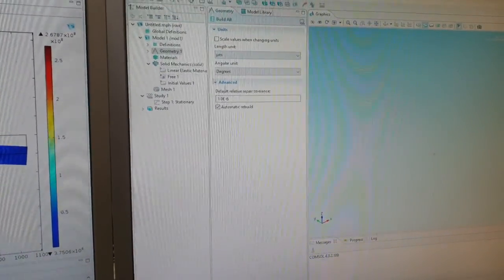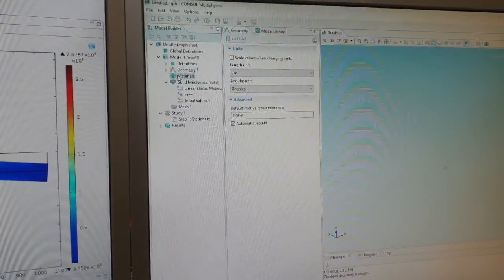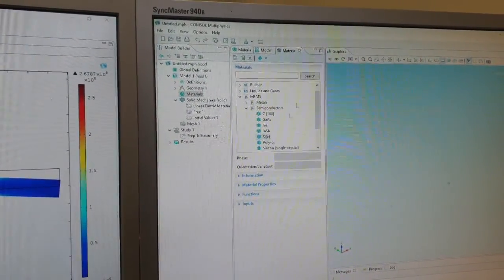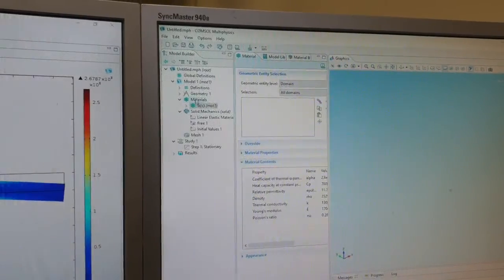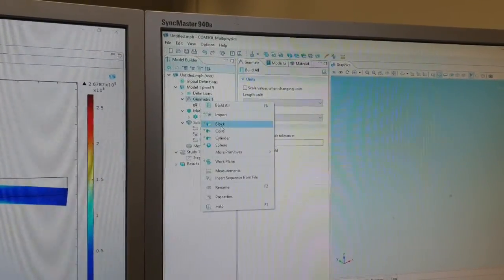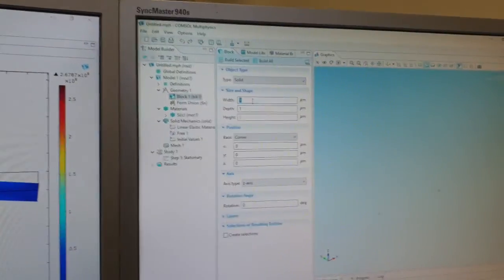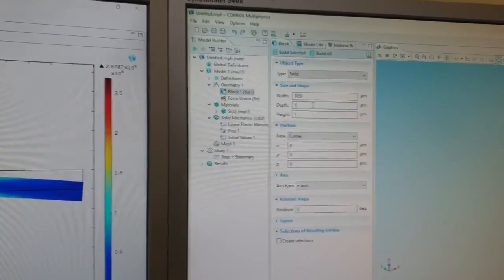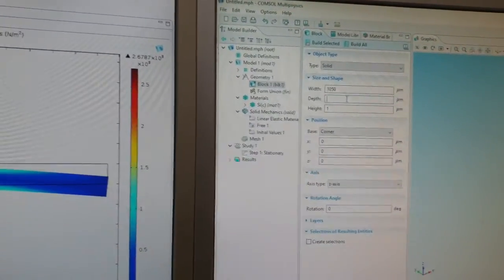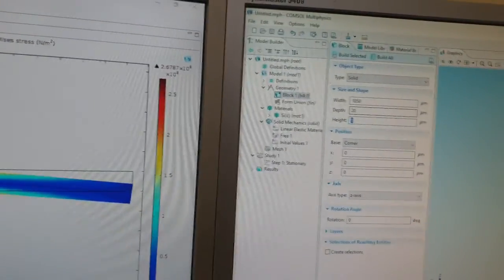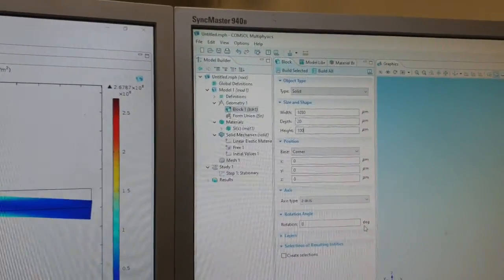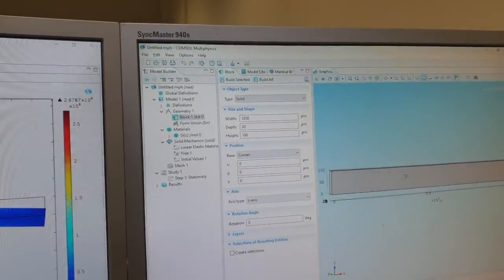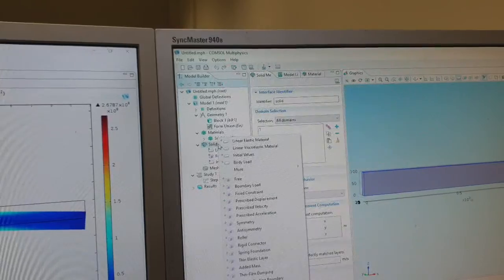Length micrometer, then materials, right button, open material browser, MEMS, semiconductors, silicon, right button, add. Then geometry, right button, block. Inside the block you can give the definite length, breadth and height. And then build all. So your block is built, and then as before, just go to solid mechanics, right button,